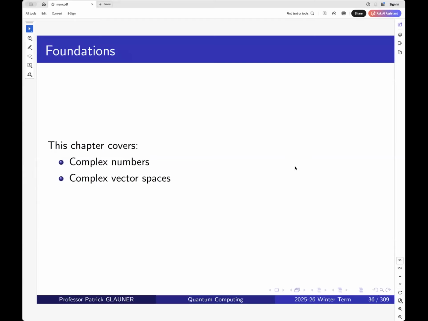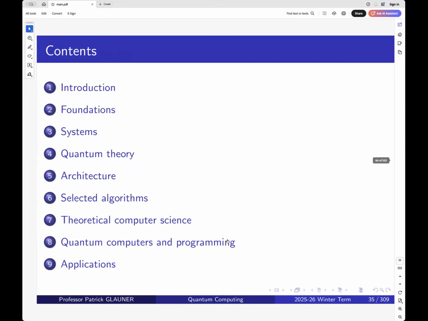Last week, we discussed complex numbers and complex vector spaces, which are the foundation of what we will do in the remainder of this course. So I hope you had enough time for the revision and study of the new concepts, especially the ones around complex vector spaces. What we want to do in this course is advance to Chapter 5, Architecture, in which we